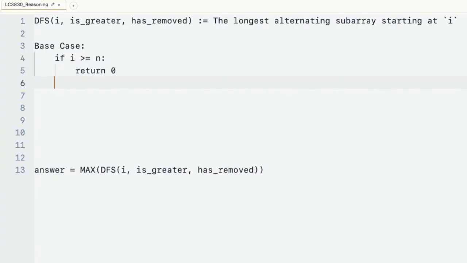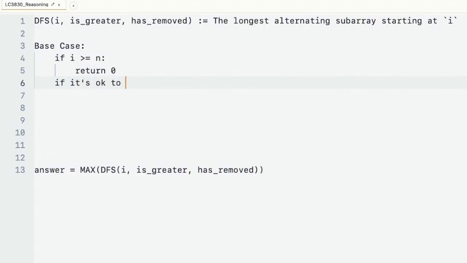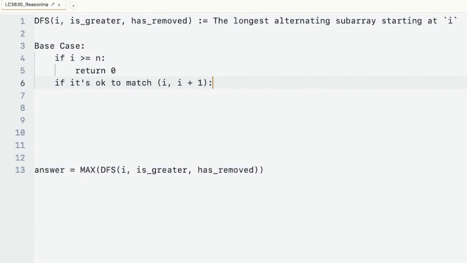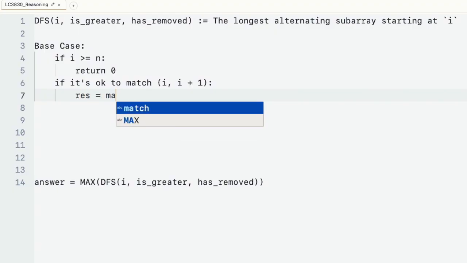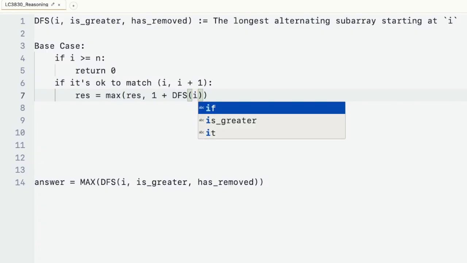Otherwise you just need to know if it is okay to match i and i plus 1. So if it is okay to match i and i plus 1, then the current answer is just the maximum of the current answer and 1 plus the DFS of i